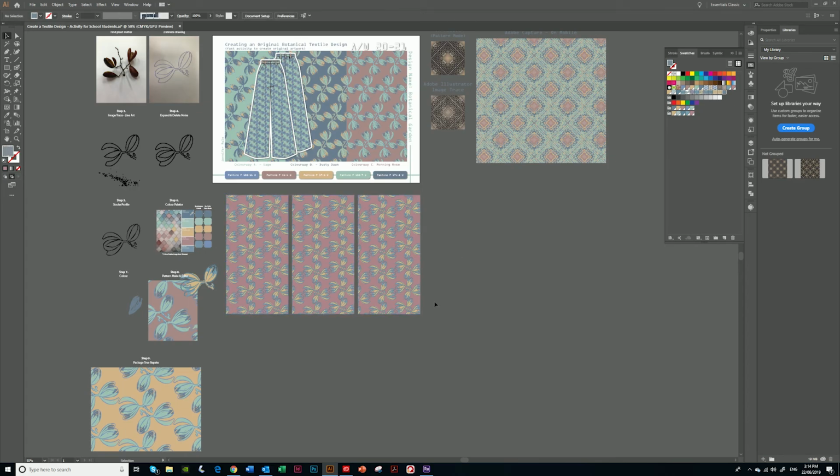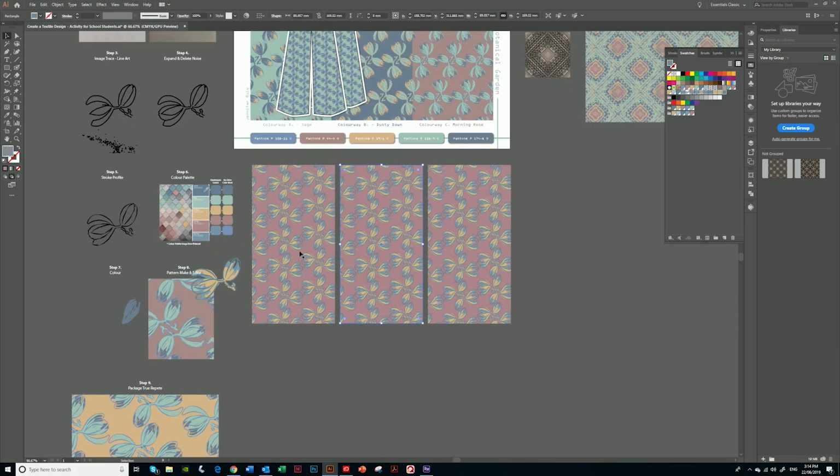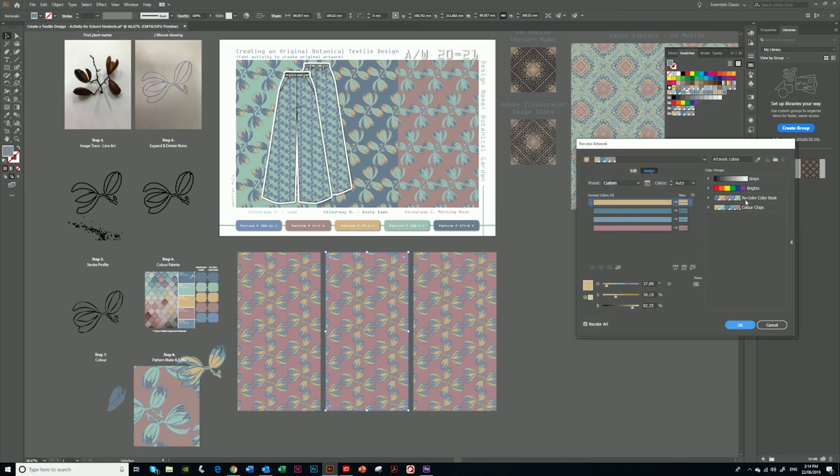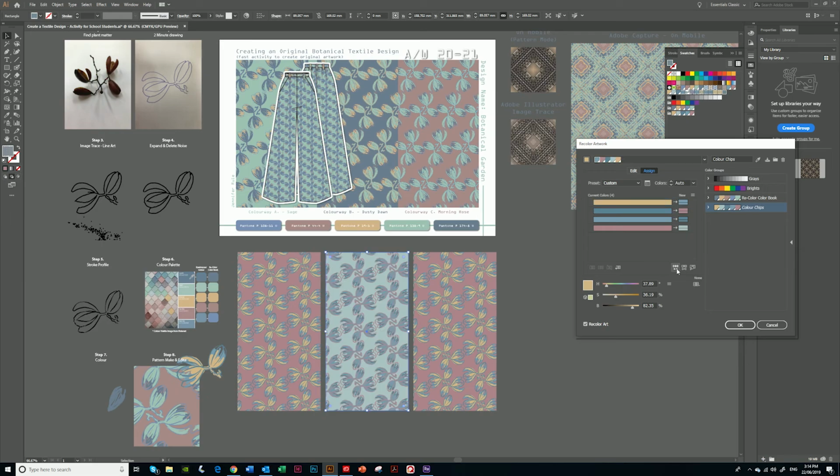The one last part of this process is that we now need to change the colours. The first one I'll leave as it is. I'm going to click on the second one and come up to the recolour. To the recolour, then there's our colour chip, that colour palette we created earlier. I'm going to click on that, and then I'm going to come down to randomly change colour order. And it will work its way through the colour orders until I find a colour I like,